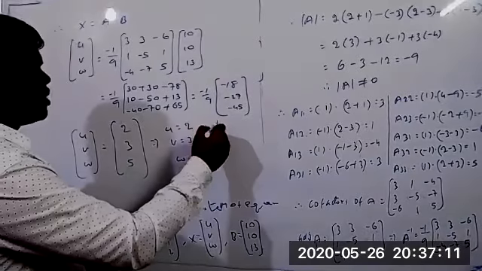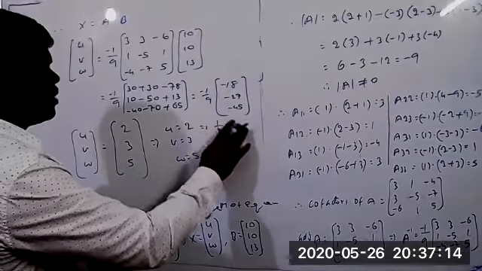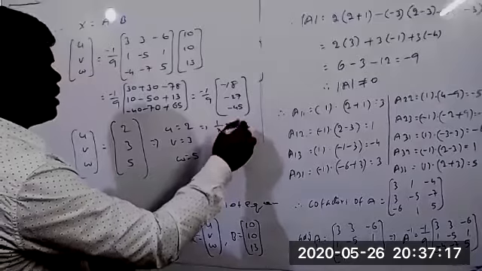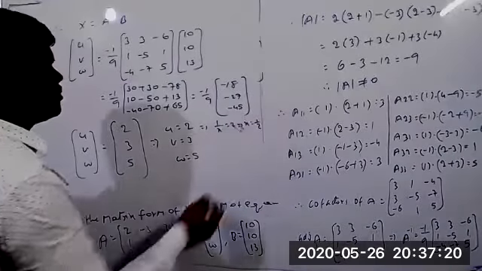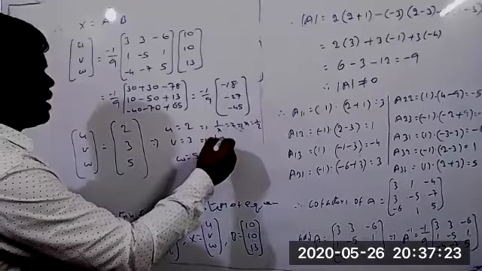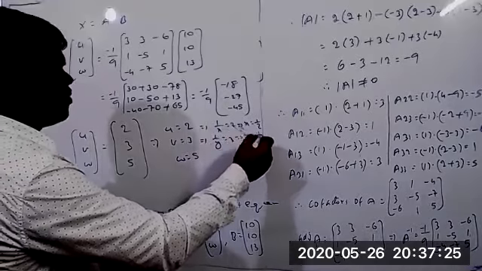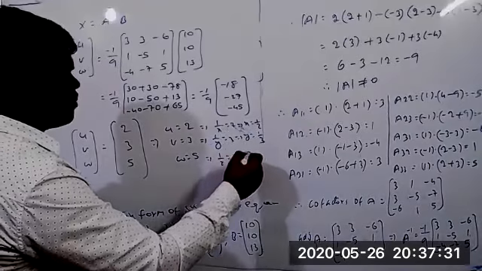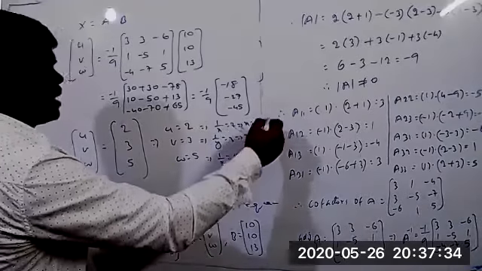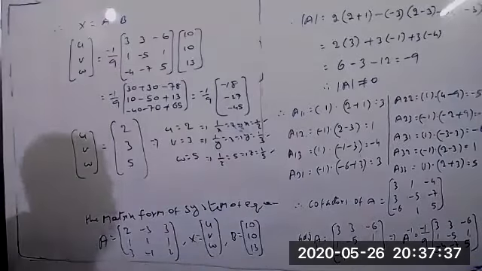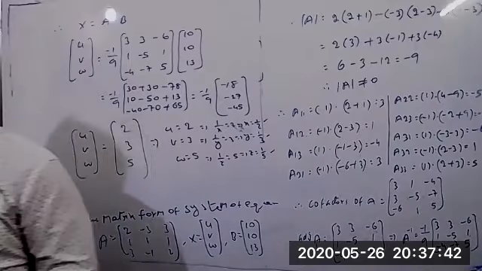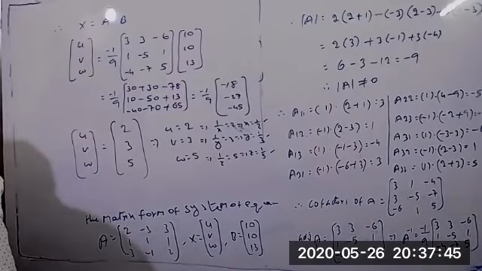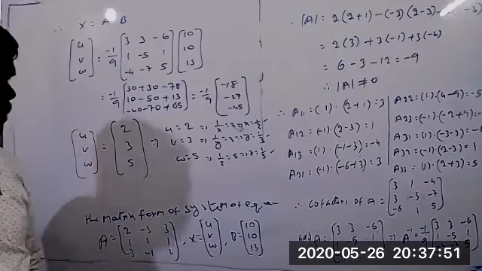But the value of u, we know very well, is 1 by x equal to 2 now. That implies x equal to 1 by 2. And 1 by y equal to 3, that implies the value of y equal to 1 by 3. Next, 1 by z equal to 5, that implies the value of z equal to 1 by 5. These three are the 3 numbers: x equal to 1 by 2, y equal to 1 by 3, and z equal to 1 by 5. Okay, it's fine now.